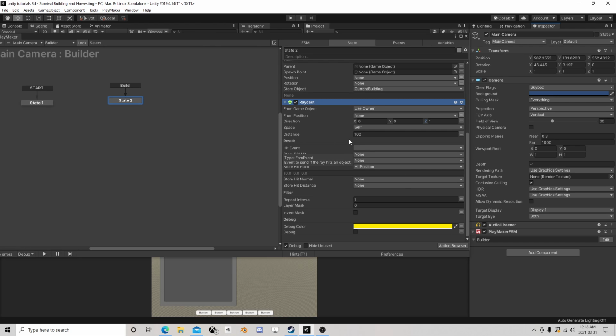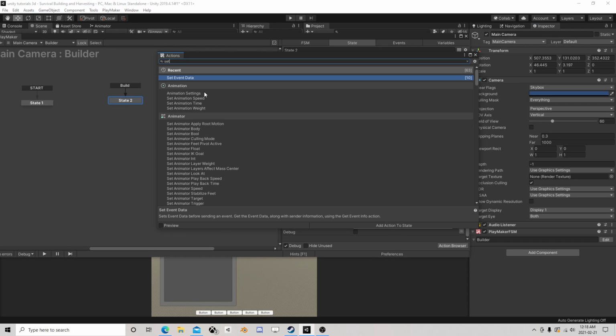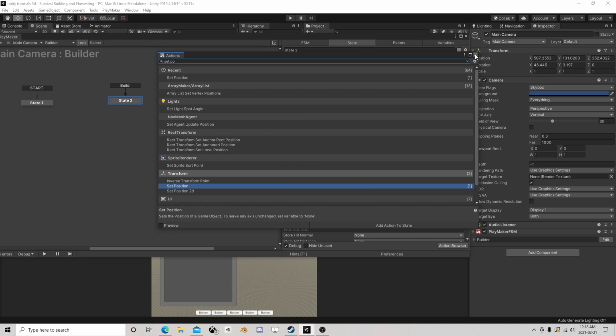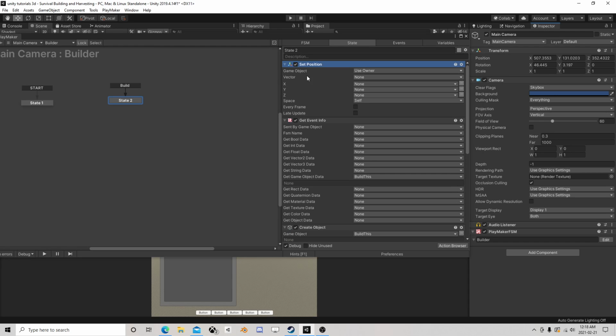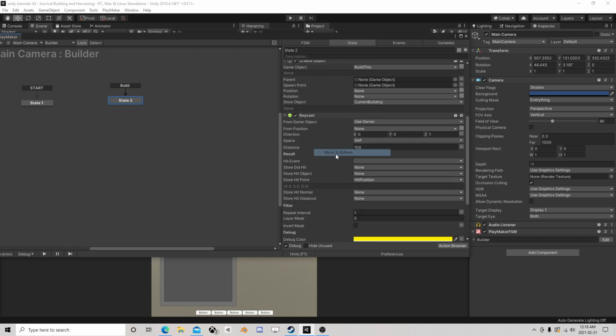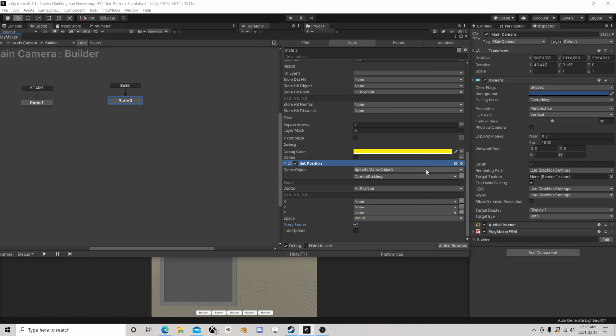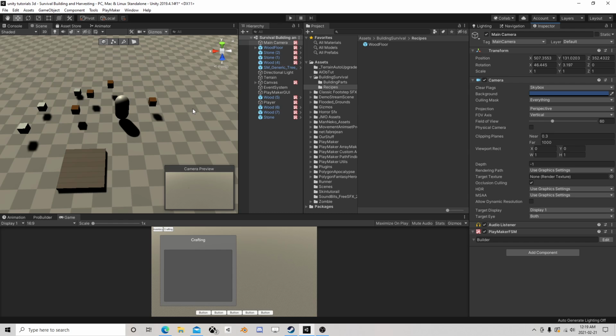So if we didn't use snap, we could now just literally set position and call it good until we tell it to actually build. But what fun is that, right? We wish to snap these things to points. All right, so